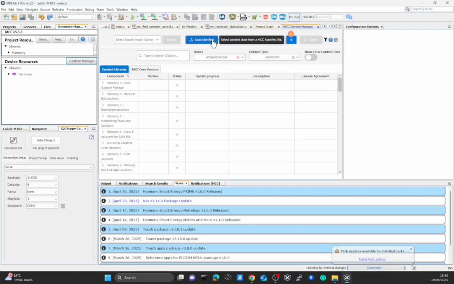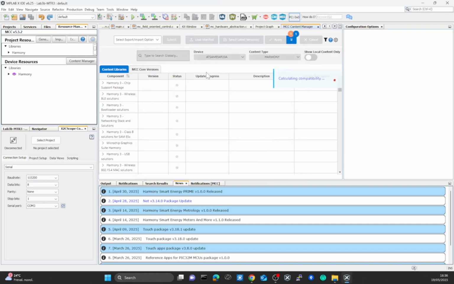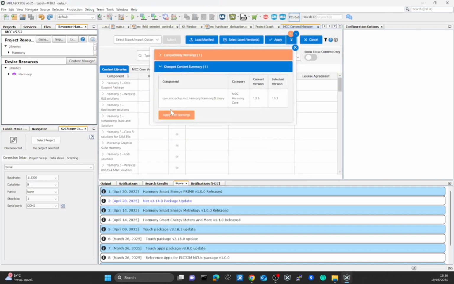The Content Manager will open, we'll select Load Manifest, and we'll select the suggested manifest file with the correct drivers for QSpin. After that's done, we'll be able to click on Apply, and then the code configurator will open again